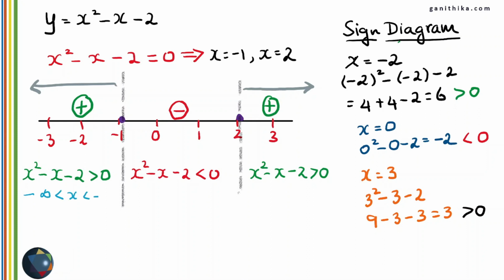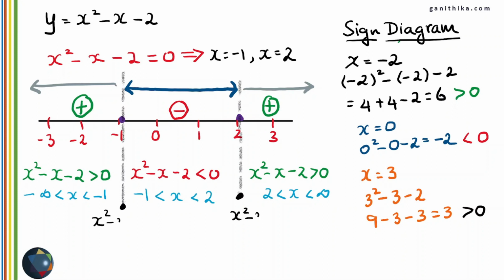And the x values in these areas are going to give you the solution for the positive inequality. Therefore, the solution in this place is -infinity to -1, and the solution in this area is 2 to infinity. And in this middle range, which is -1 to 2, the value of the equation is going to be negative. And at these 2 points, the value of the equation is equal to 0, which is given by the values of the roots, x = -1 and x = 2. So at these 2 points, the value of the equation is 0, and at the other 3 parts shown, the value of the equation is either positive or negative accordingly.